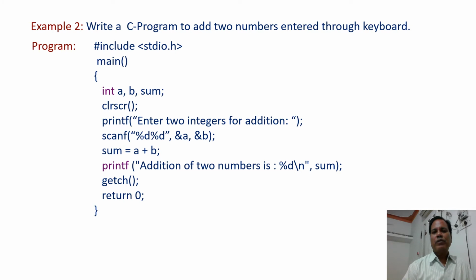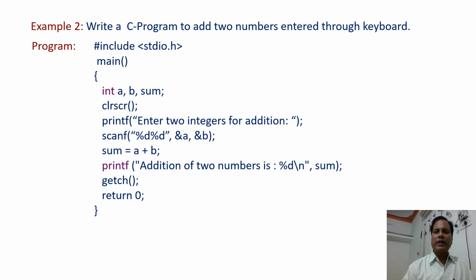Then using the next statement scanf, within double quotation marks, %d %d. So whenever this control string comes, the cursor waits for data. So %d, as it is used for integer data, the cursor goes and takes the first data, that is held by the variable a, or we can say that is stored at the address indicated by the variable a. Similarly, the second integer data is taken using the control %d, and this data is stored by the variable b.